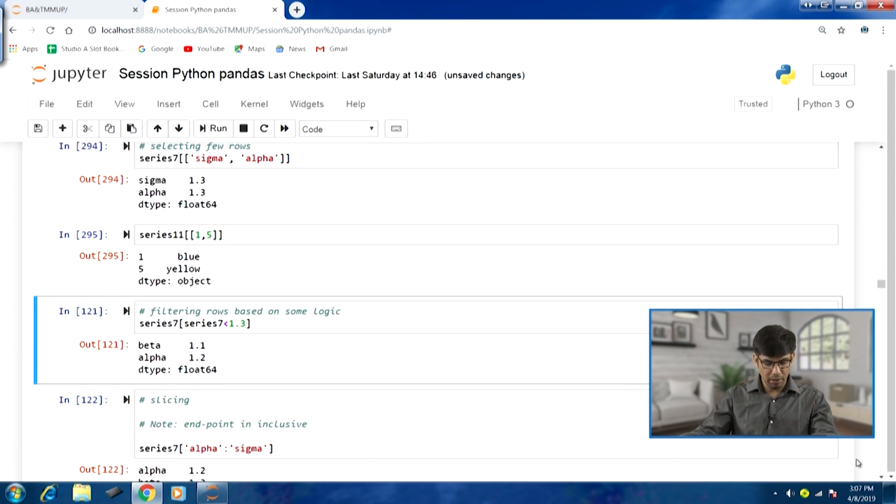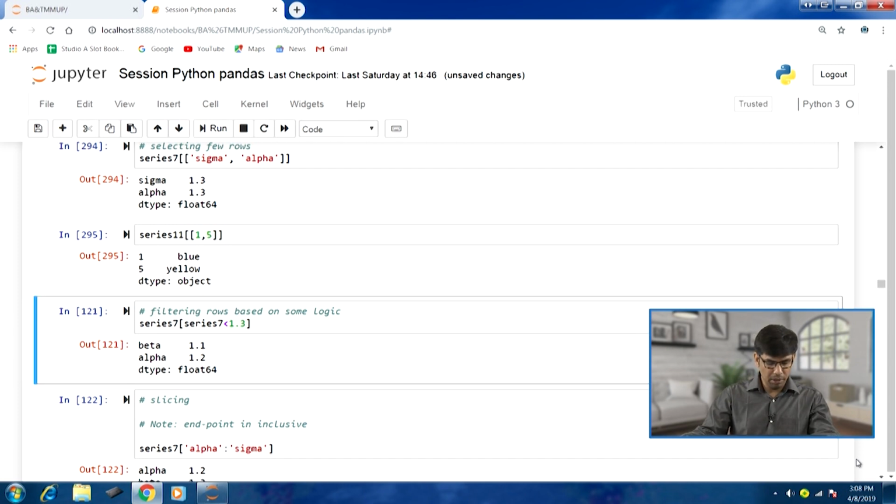Now, filtering. We can have certain logic, and based on that logic we can filter a certain number of rows or columns. So, let us take an example in series 7, and we can specify within brackets an expression which is going to return boolean values, so that we will be selecting those particular rows only; in a sense, we will be performing filtering.